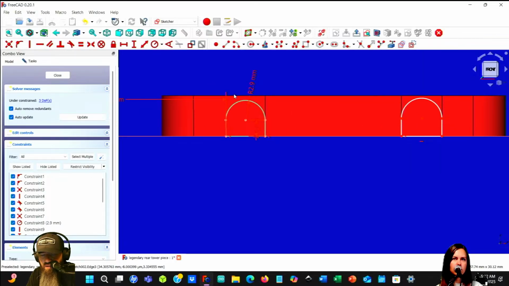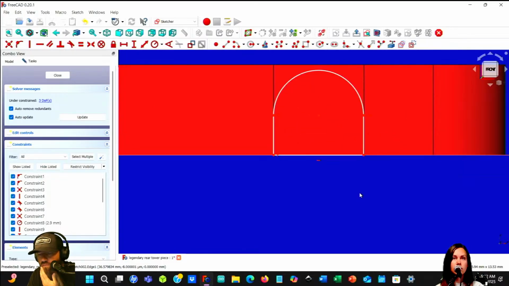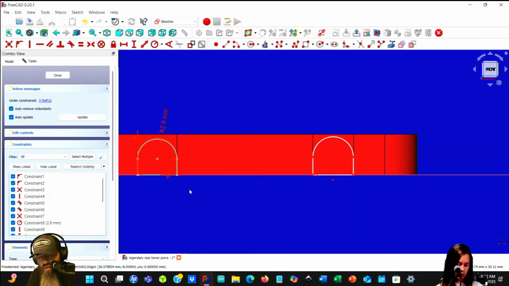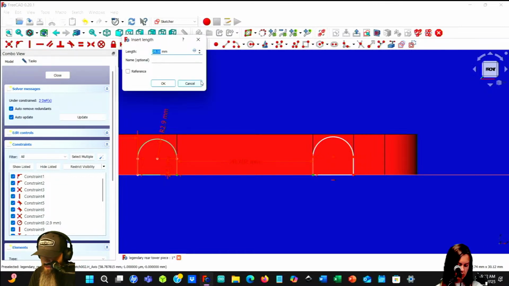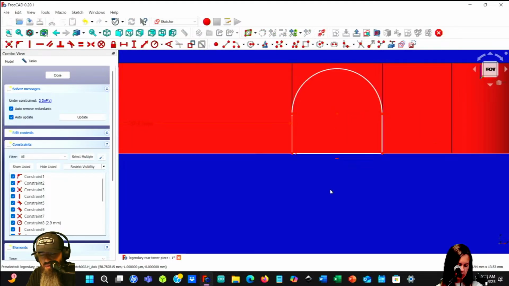This needs to take this part away, not add this part. Yeah, I don't know, whatever. We'll figure it out. So, what was our distance? I think it was 20.1.